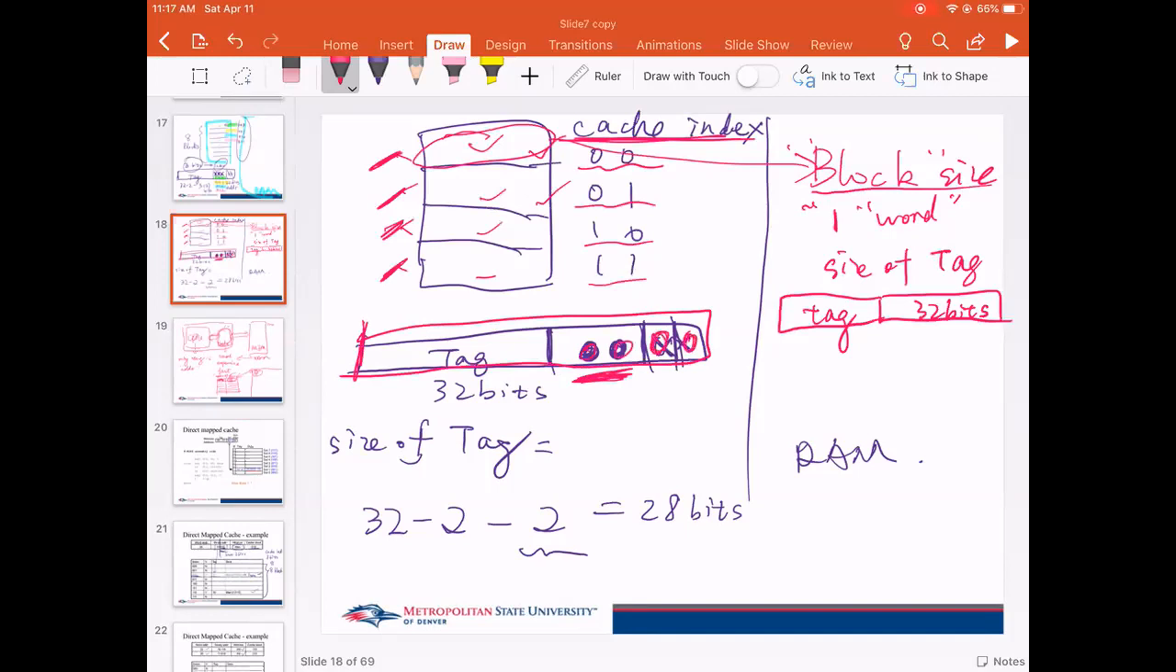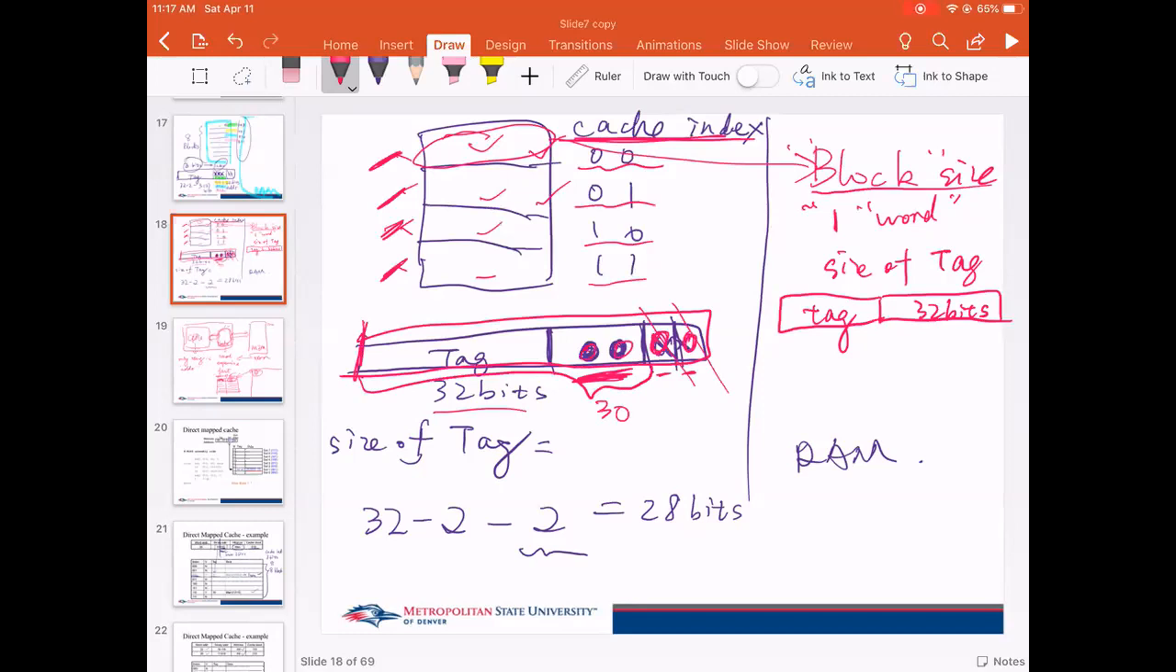So I don't have to memorize the lower 2 bits of the 32 bits address. So first of all, I don't ever need to worry about the lower 2 bits. So I only need to worry about the 30 bits here. And within those 30 bits,